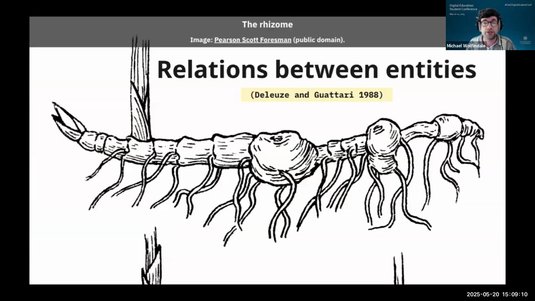And Fox and Aldred draw heavily on Deleuze and Guattari, especially their concept of the assemblage, which is conceptualized through the metaphor of the non-hierarchical and non-linear, continually branching rhizome, which has no beginning or end and connects any point to any other. In short, it calls into question traditional representationalist divisions between subject and object and boundaries between entities, and shifts the focus instead to the relations between entities. And if these boundaries are questioned, this too calls into question a traditional idea of agency. Instead, assemblages are held together by the capacity for assembled relations to affect or be affected.